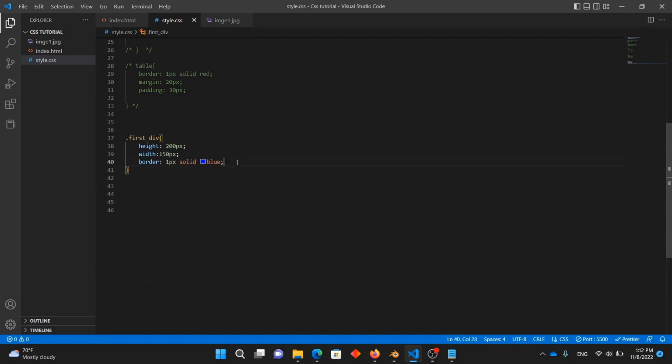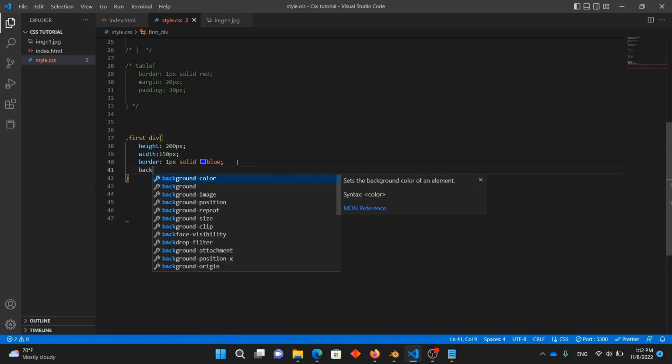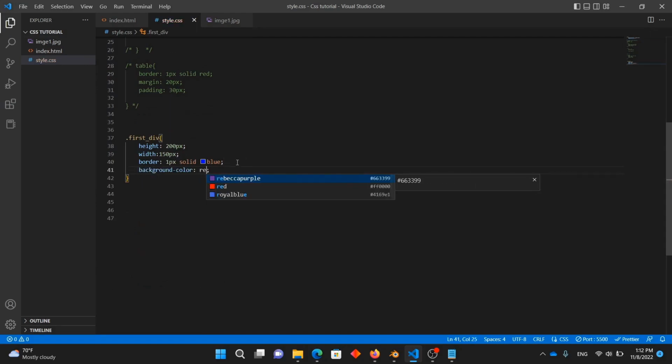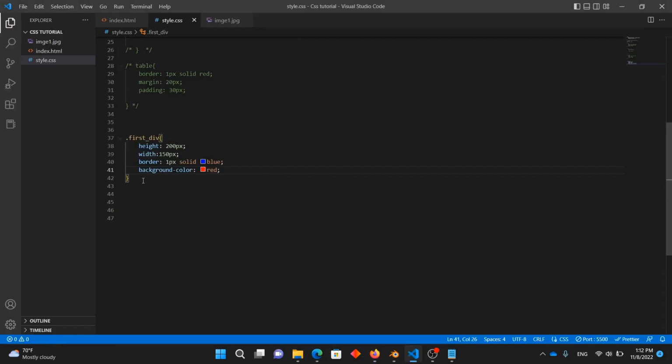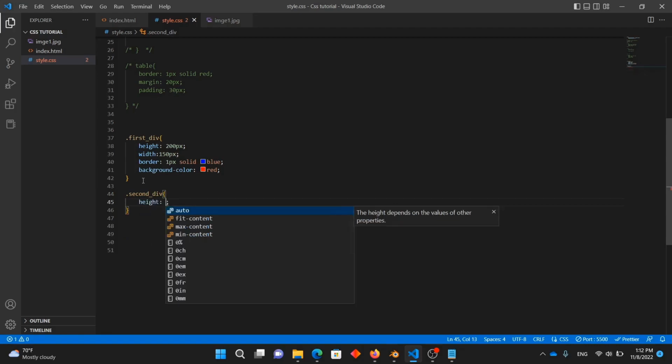Now I will add a background color to the first div. Background color is equal to red. We'll see this one. Okay, red has been fixed. Now again we'll add style to the second div. For that, period second underscore div, and add a height equal to